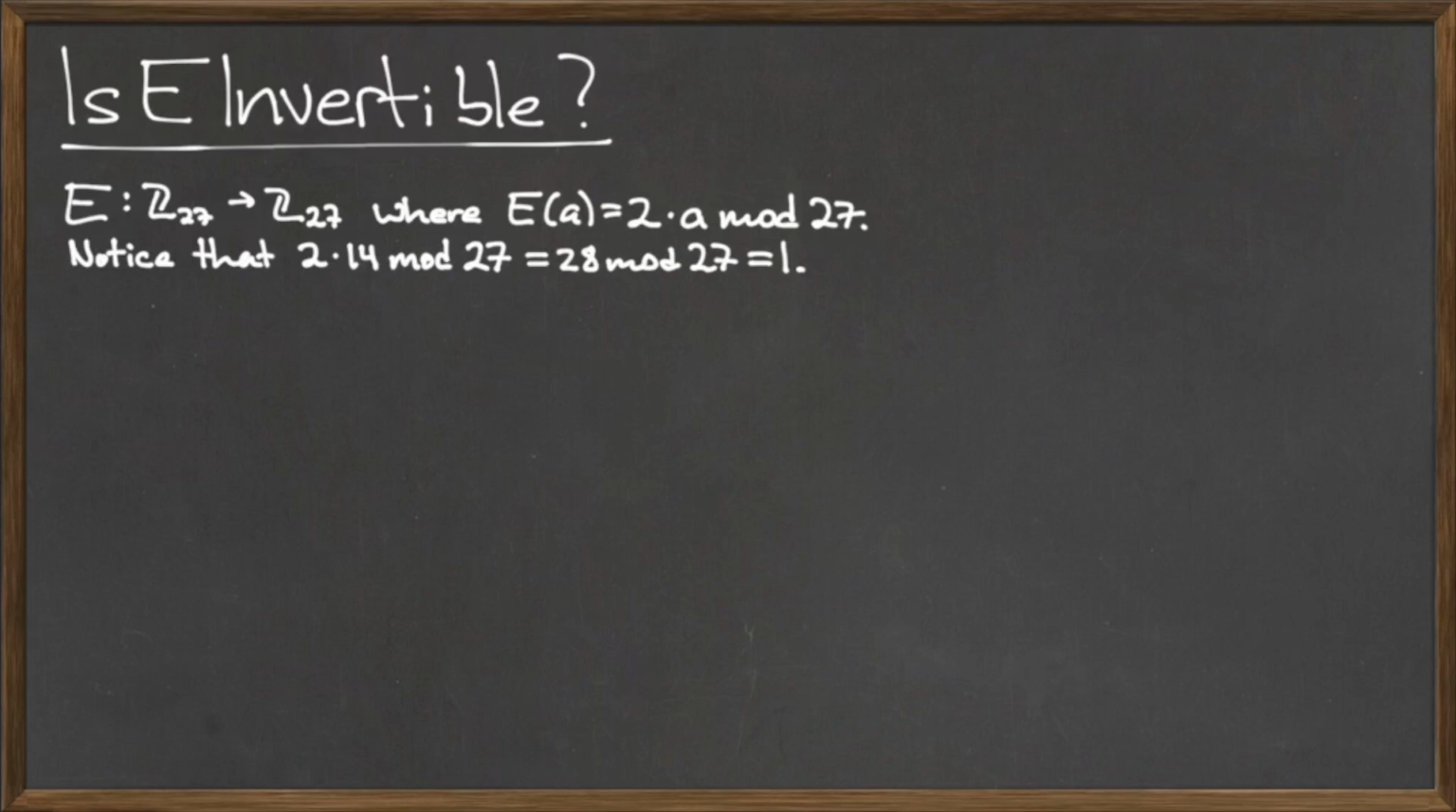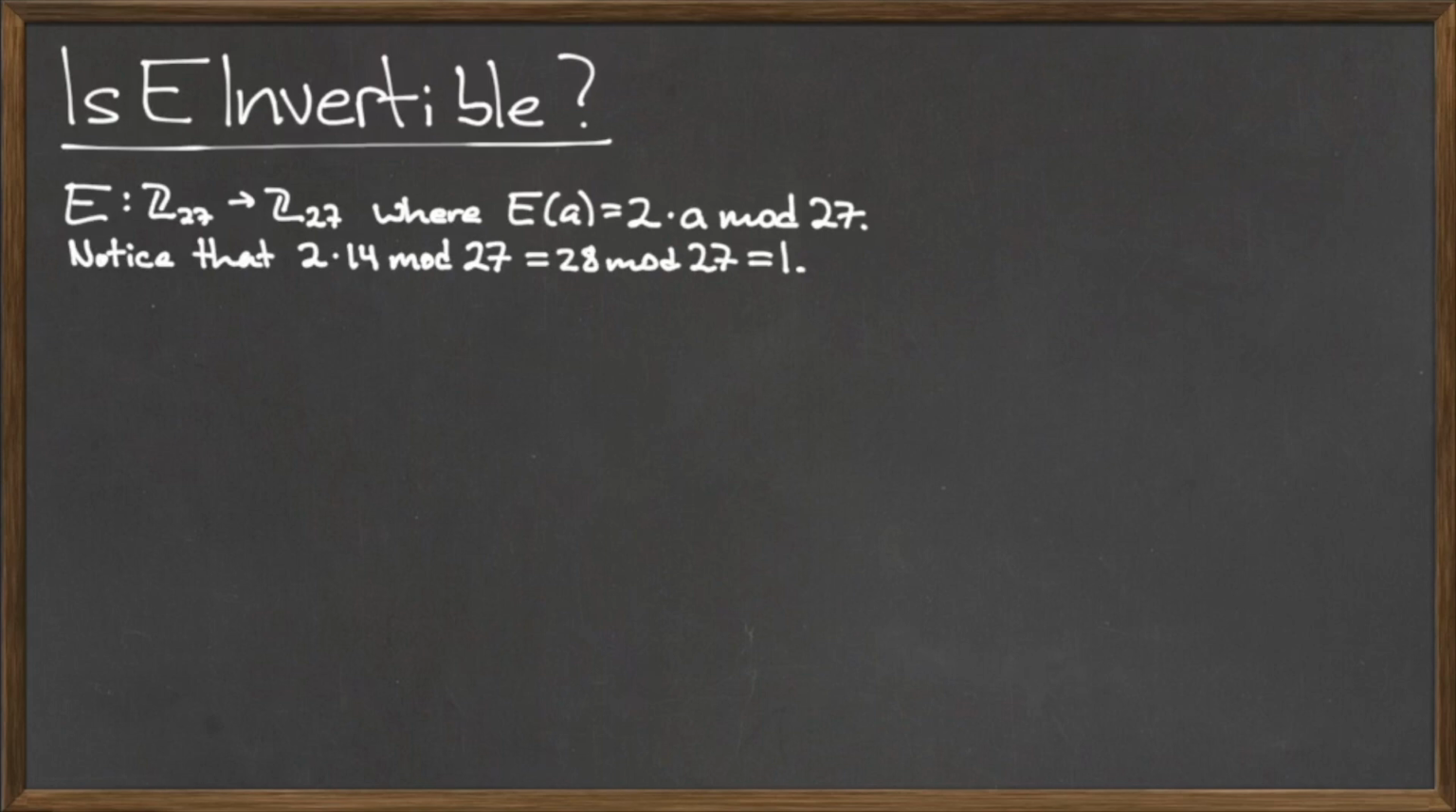The multiplicative inverse of 2 is a number that is in ZMod27 that when multiplied by 2 and the result taken mod 27, the answer is 1. The number that Bob is looking for is 14, since 2 times 14 mod 27 equals 28 mod 27, which